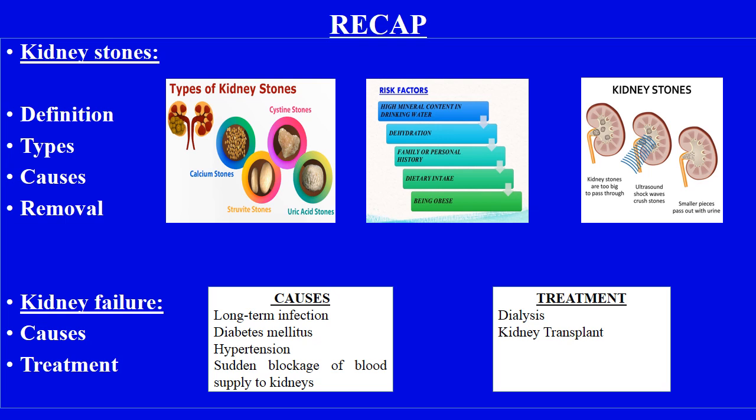In the dialysis, dialyzer is used, in which dialysis fluid is there and the blood moves in the pipes, and the waste substances they will be released into the dialysis fluid and the cleansed blood returned to the body. In the kidney transplant, we have done that this one is the last stage of kidney failure, in which the kidney is donated by someone and that will be attached with the body, grafted over there, and then the patient survives.